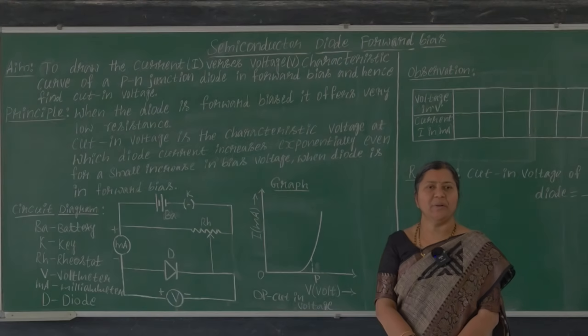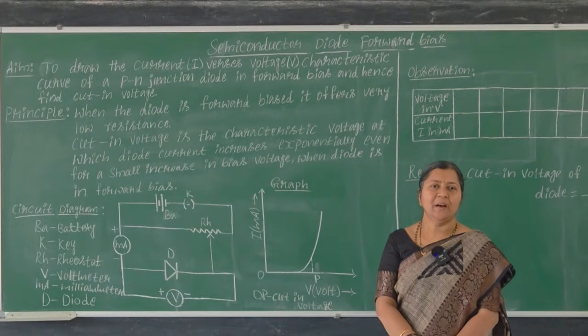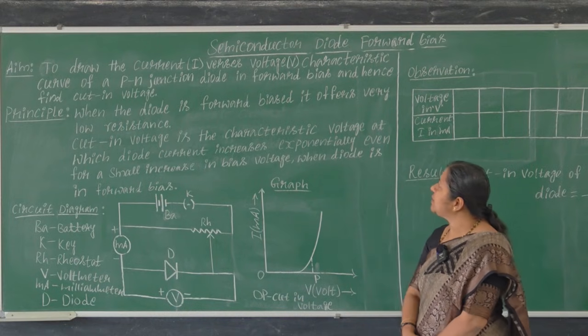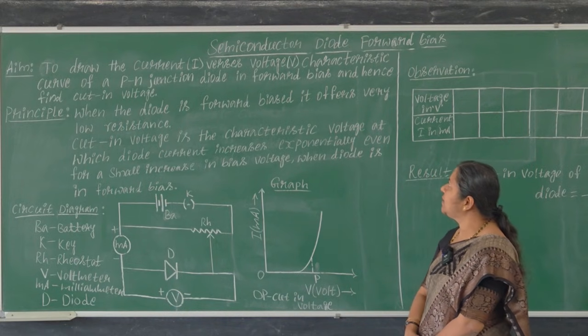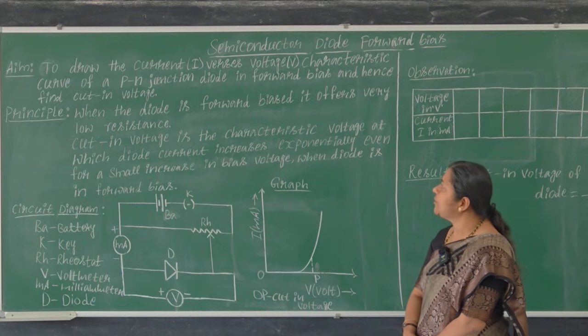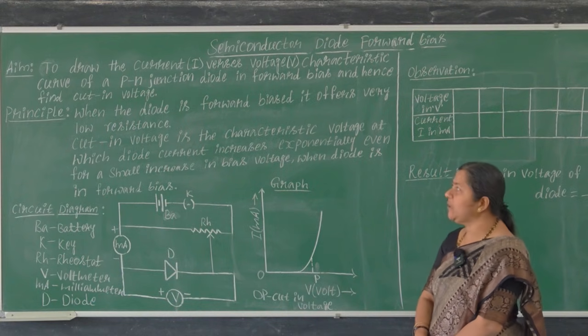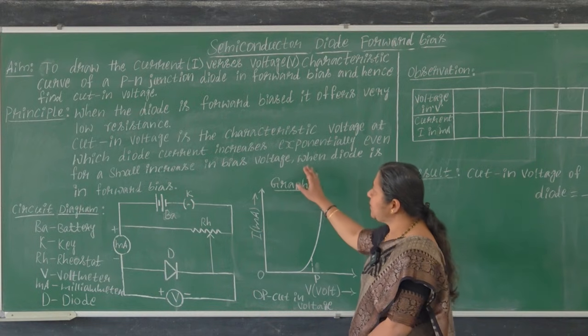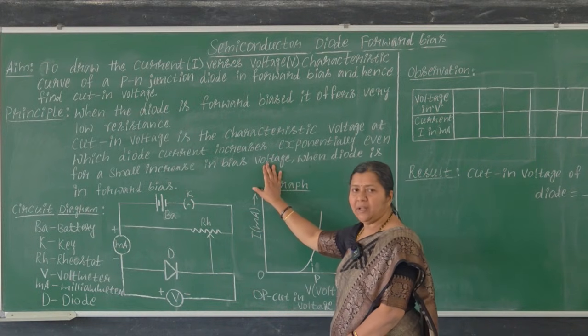Namaste students, we are going to perform an experiment related to a diode, that is, the voltage versus current characteristic in forward bias mode. We are learning, and hence from that, the cut-in voltage or the knee voltage of a given diode we are going to find out. The principle of this particular experiment is